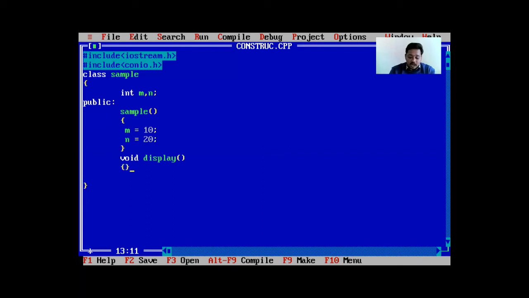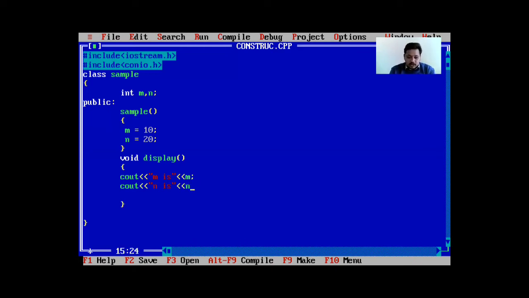Now next I will write void display function. In the display function, I am going to display the value of m and n. So in order to display, I have to use cout, then I will write m is m. That means here I am displaying the value of m. Now cout, double inverted comma, I will write n is n.